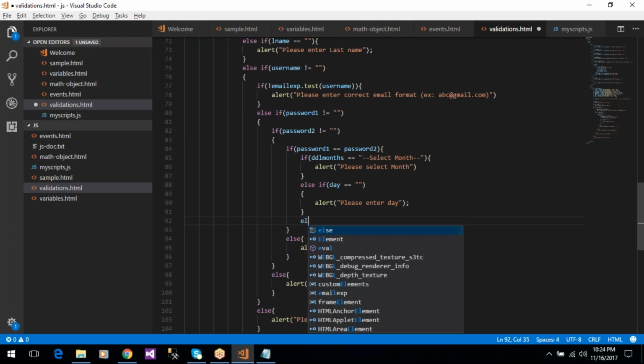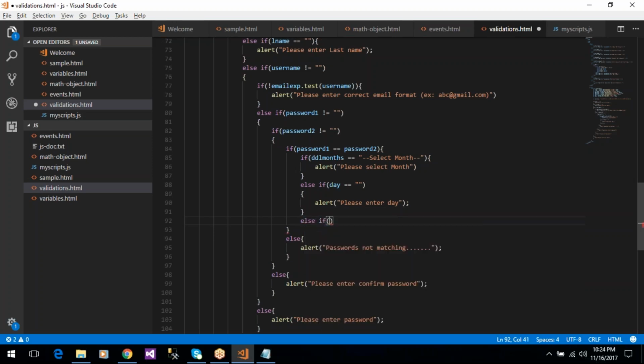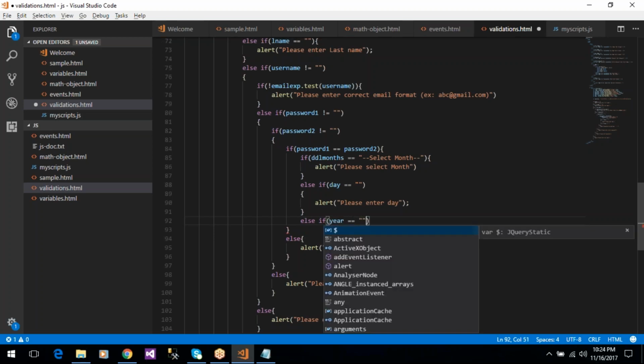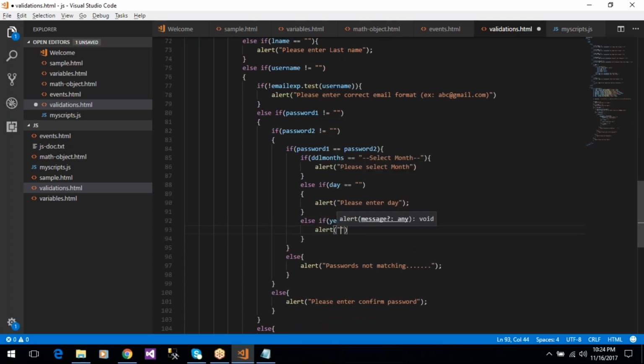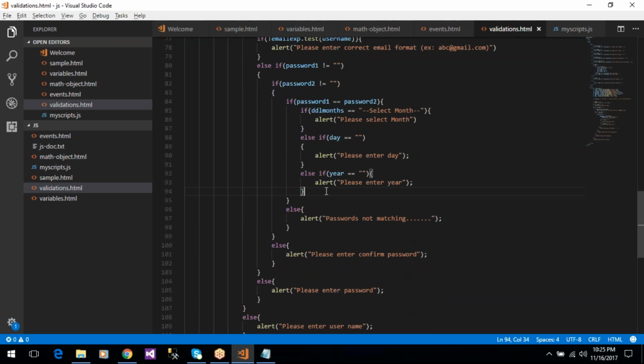else if year field equal to empty, alert please enter year. And after that,